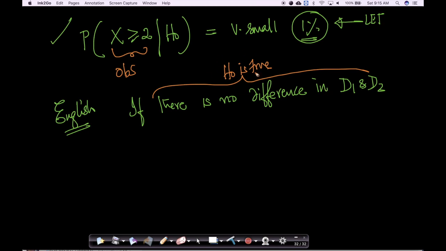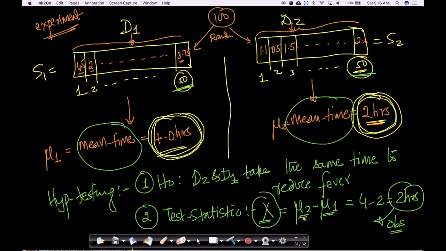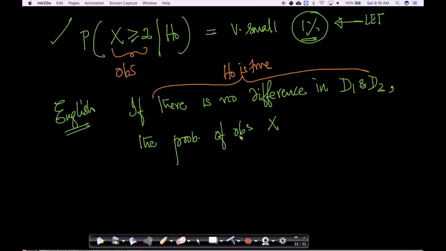I'm assuming the null hypothesis, this is nothing but your null hypothesis. If there is no difference in drug D1 and D2, the probability of observing a mean difference. What is x here? X is nothing but the mean difference between reduction times. The probability of observing x to be greater than or equal to 2, or in other words, the probability of